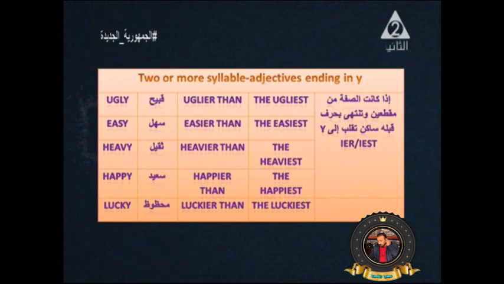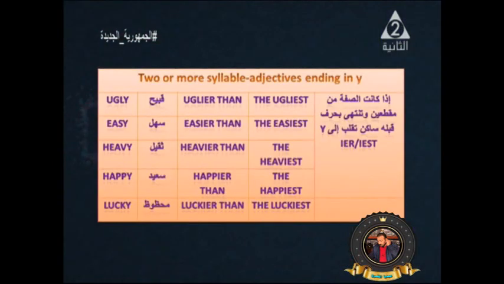انا كل اللي فات اتكلمت على one syllable، دلوقتي هنتكلم على two syllables. يعني ايه two syllables؟ يعني نقدر نقسم الكلمة نصين. كلمة زي ugly، easy، heavy، happy، lucky. I can divide it into two. If you can divide the adjective into two parts واخر الادجكتيف it ends with y او ly يعني زي friendly،